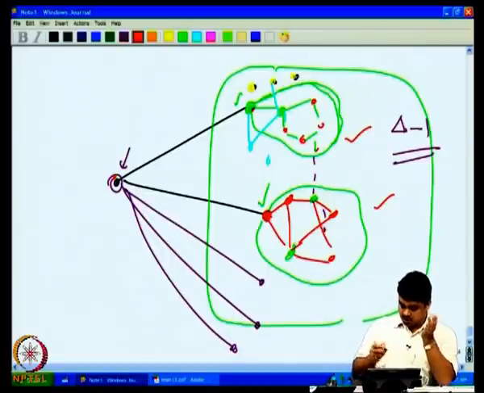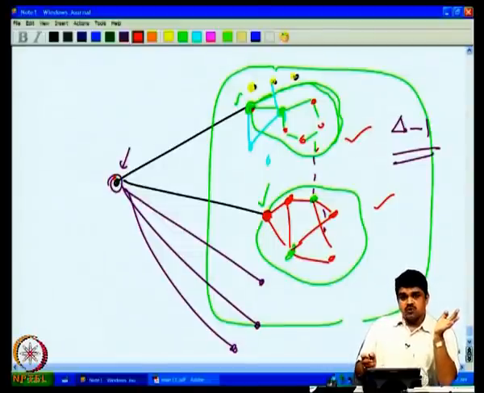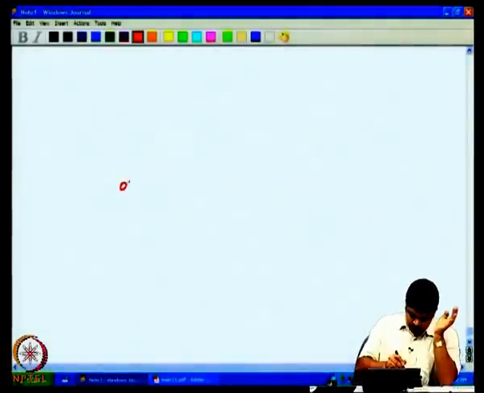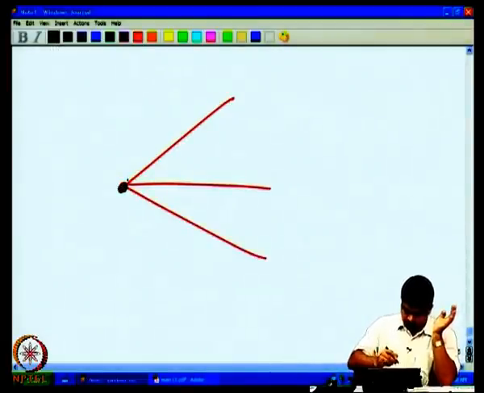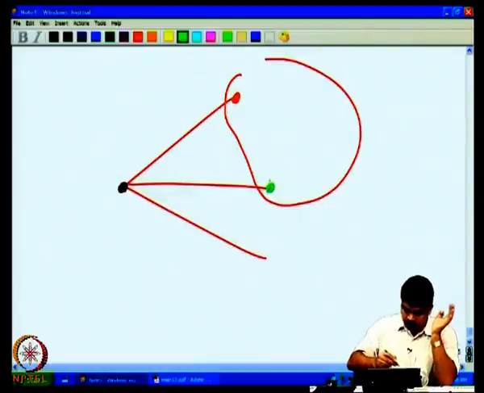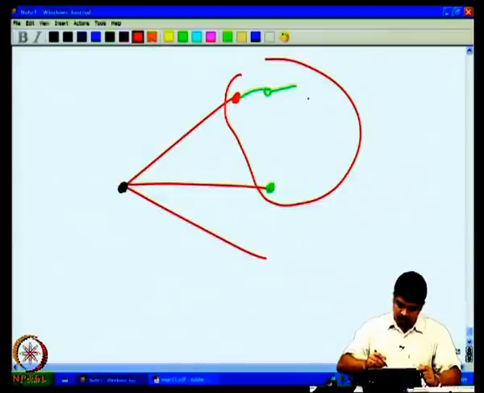So we can assume that this should happen, otherwise we will solve the problem right here, right? Because there will be a delta coloring. So the assumption that it could not be colored using delta colors will be wrong. So what we can say is that these two components are the same. In other words, if I take the vertex v, and look at its red neighbor and green neighbor, the connected component of red and green vertices between them, it should be that